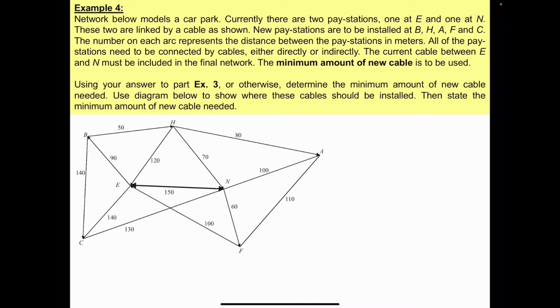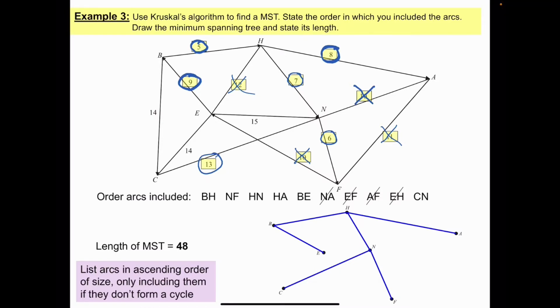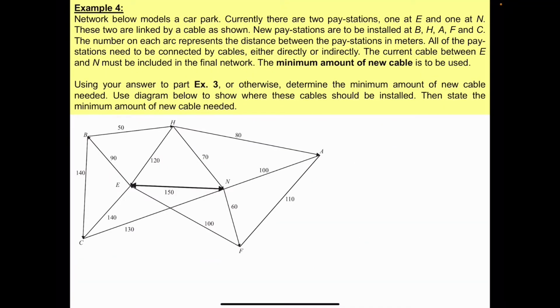Example 4, we have a network very similar to the network from the previous case. They are exactly the same except the weights are multiplied by 10. And this network models a car park. There are 2 pay stations at the E vertex and N vertex. These 2 are linked by a cable as shown, so this thick black arrow